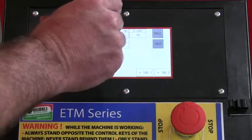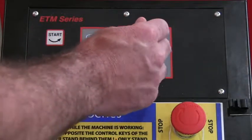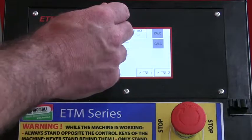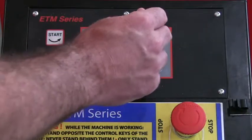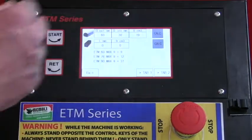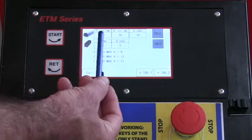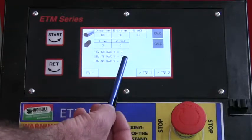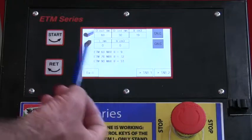So if I enter, let's just say, the outside dimensions at 60 millimeters, that's the OD, and I do the internal wall at 30 millimeters, and I calculate that, it gives me a 19. So I know that that profile is already over capacity for the machine. I can't go any higher than a 12. That's for pipe,